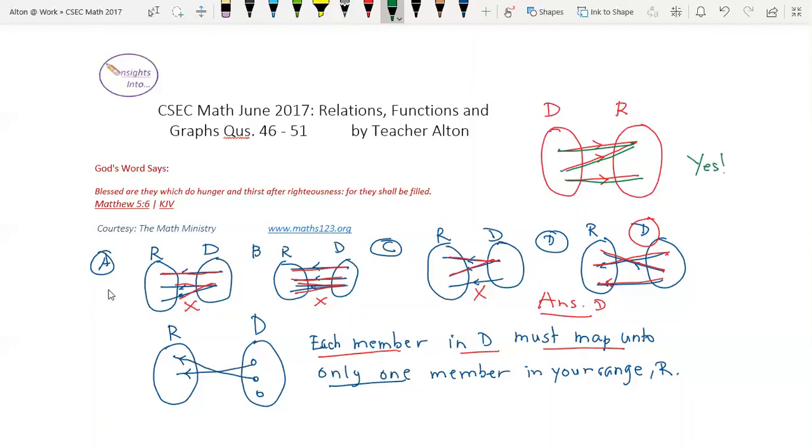So what's the difference between diagram D, which is here, which we said is a function, and diagram E, which is also a function? Well, it depends. We can go a step further and classify the type of function. This function here is what you call a one-to-one function,